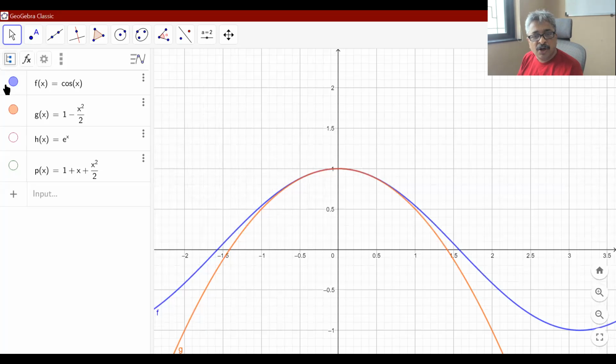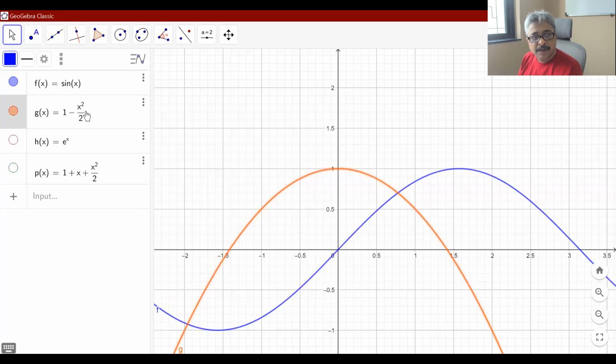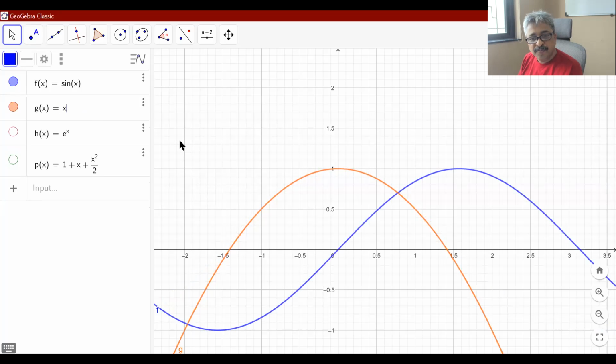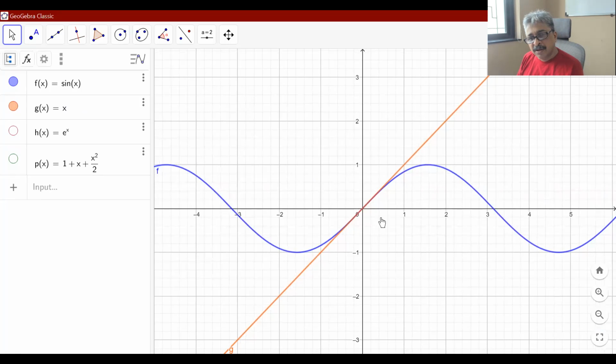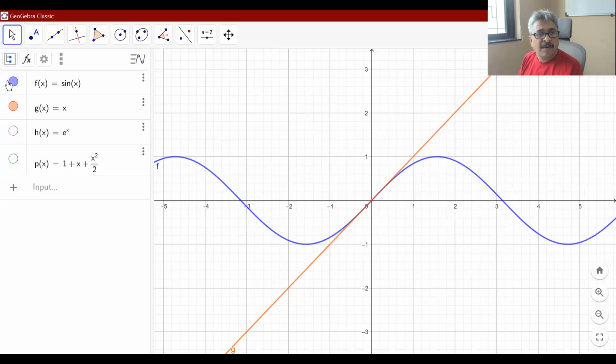Okay, now you can change cos to sine. Second function you can take. Oh, yeah. There is not much change as far as sine quadratic approximation and linear, because the second term becomes 0. But still near 0, it is almost coincident. That is why we were insisting that you should draw graphs of these trigonometric functions to scale. Then only this will happen, otherwise it will not.